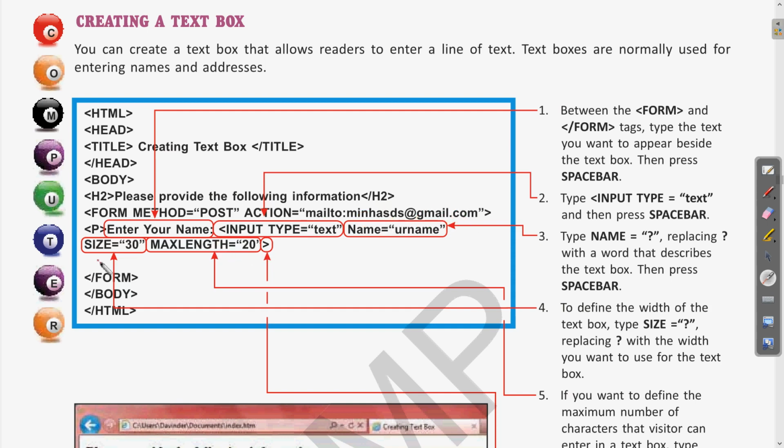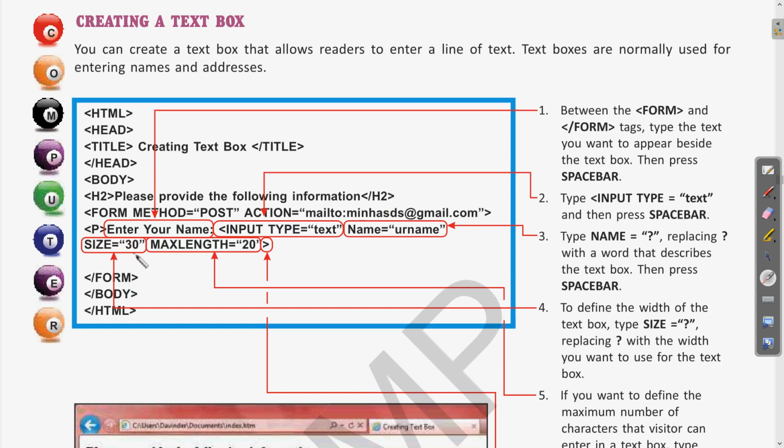Then for the text box, whatever information you want printed, first we write that information, like enter your name. Then input type, as it is a text box, we write text, then the name of that particular text box, so write any specific name.